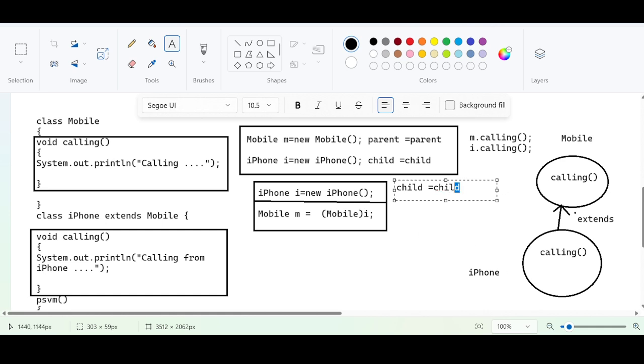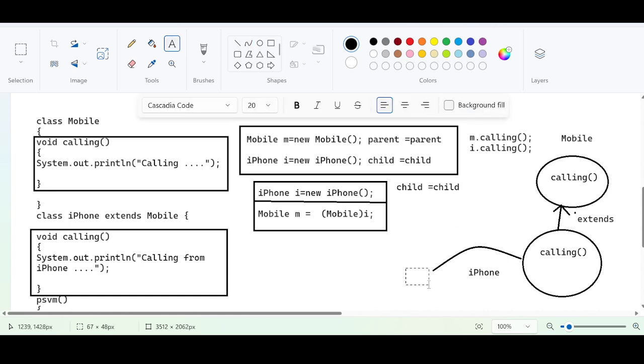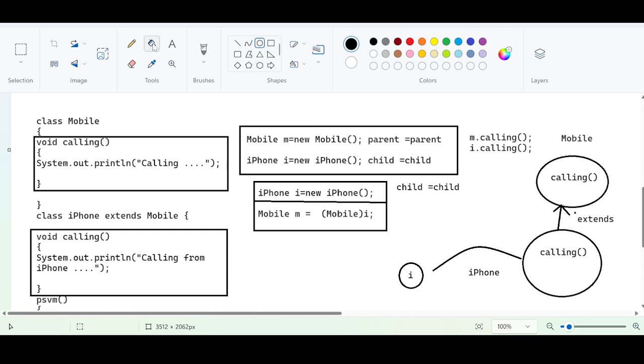Because of this, the iPhone object has got the reference i. The first line is very clear. Now look at the second line. This is the confusing part, which is called the typecasting part.